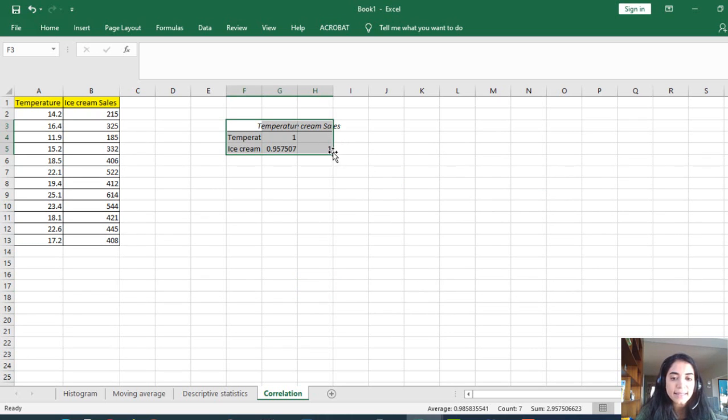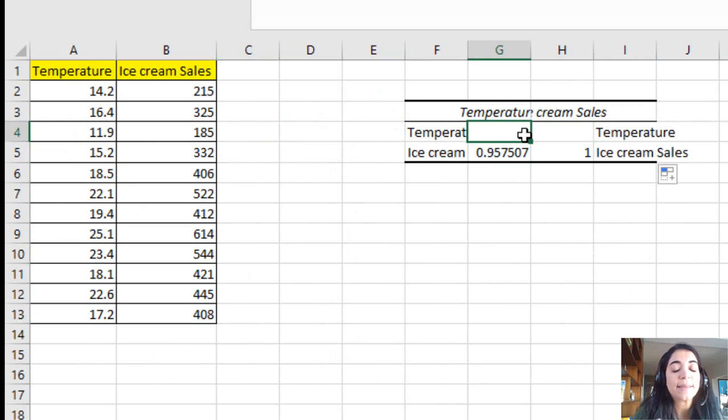So guys, as you can see, Excel will provide me with a table. And this table is basically a symmetrical matrix. And it has the size of 2 by 2 because I only have two variables. And you can see, guys, that the first variable, temperature here, is correlated, of course, with temperature by a coefficient of 1. So obviously, ice cream is correlated with ice cream with a coefficient of 1. I don't want to see these values. What matters for me is this value here,